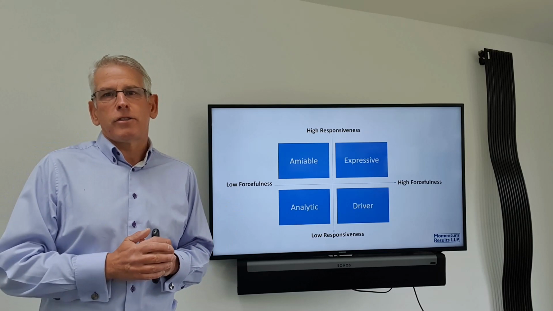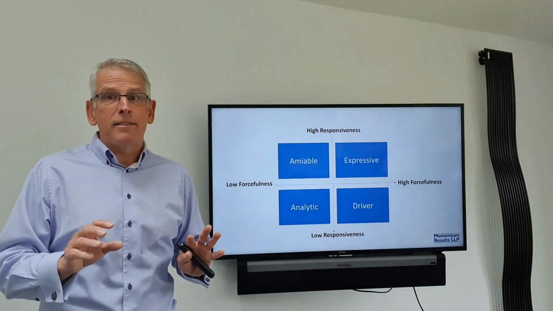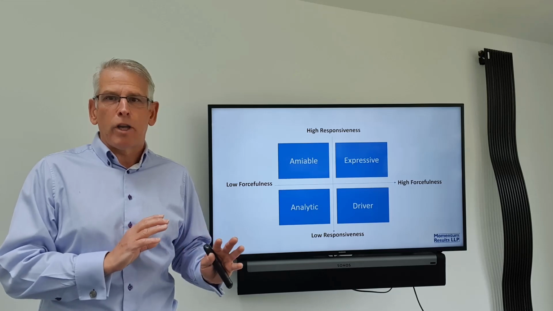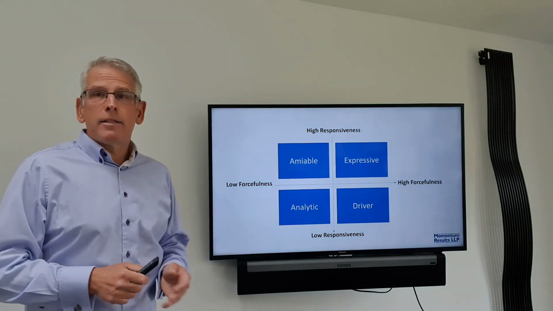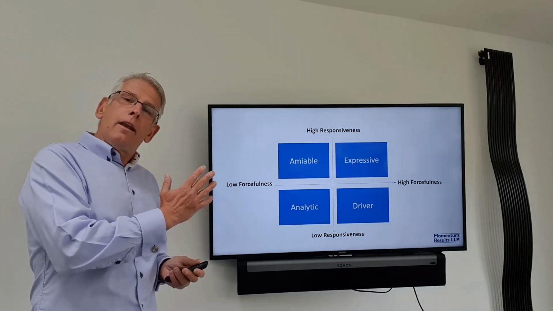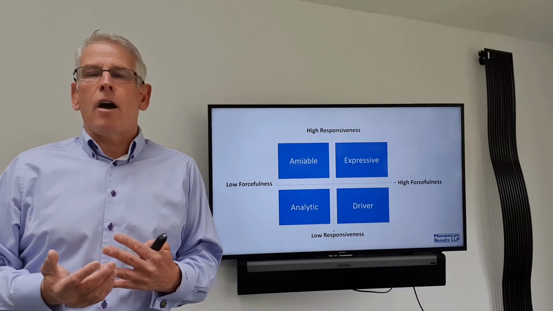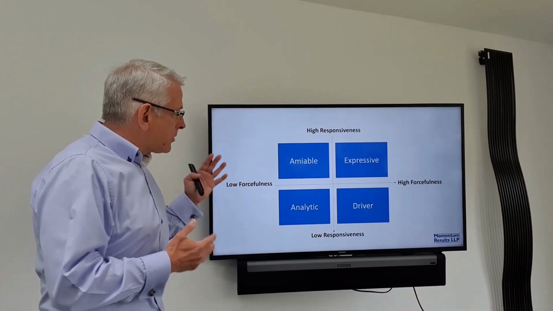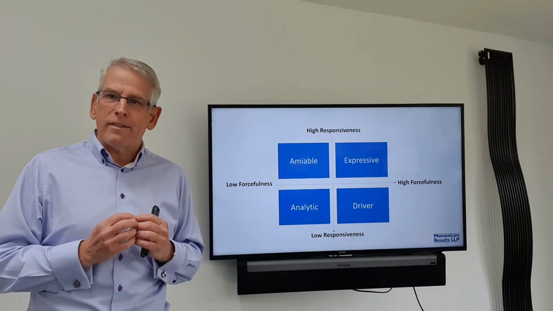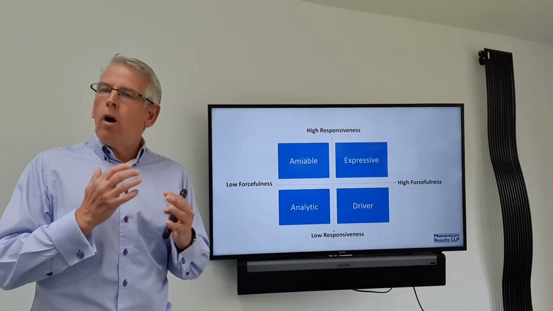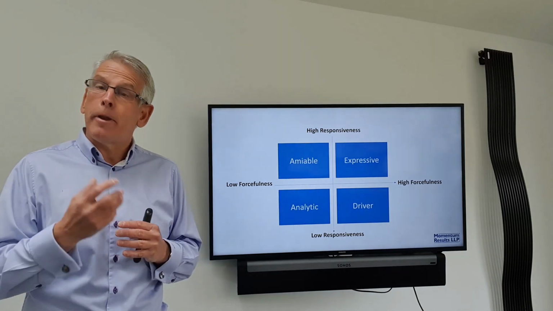They're very focused. So driver analytic is being focused, determined, the driver, and the analytic is weighing things up for themselves and working it through. Amiable analytic, okay, on the less forceful side, but what you have therefore is a more reflective style. It can be, if it's amiable first with a backup of analytic, a lot warmer and friendly, but it will be a more reflective